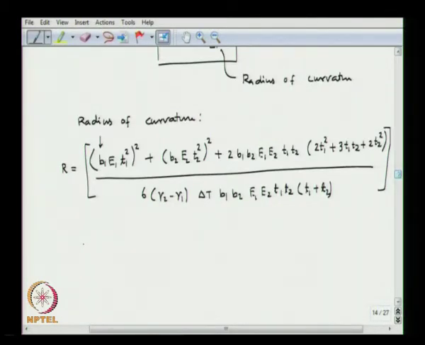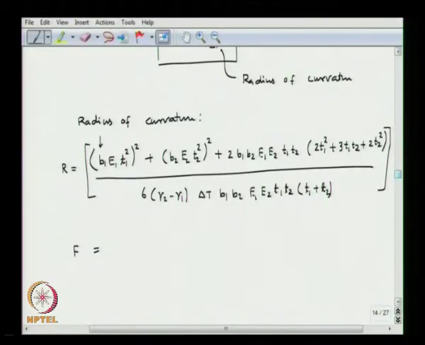So, we can write the equivalent force F. Because of the difference between the thermal expansion coefficients, the bimetal is going to deflect, and the deflection is going to be maximum at the tip. Now, there could be an equivalent force F which can create the same amount of deflection at the tip if the temperature were constant. So, let us find that force F, the equivalent force which can buckle the bimetal like a cantilever.